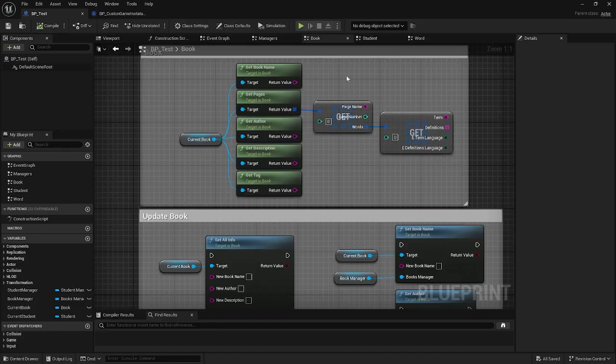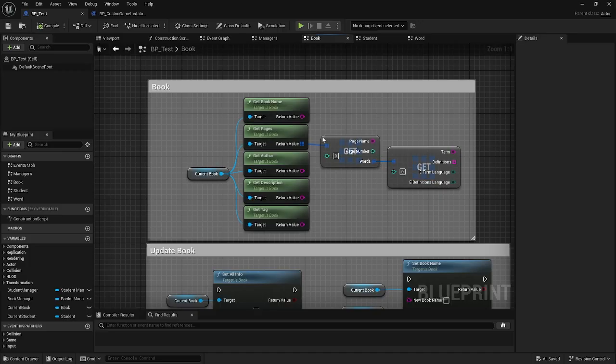Okay, let's now look at book. Book has a couple of variables. The first thing is name. Second thing is pages. Each page has its own name, a page number if you want to sort them, and the words that the page contains. And later I'll talk about word in more depth. You can also add author, description, and tag for each book, and that's optional if you want to add more